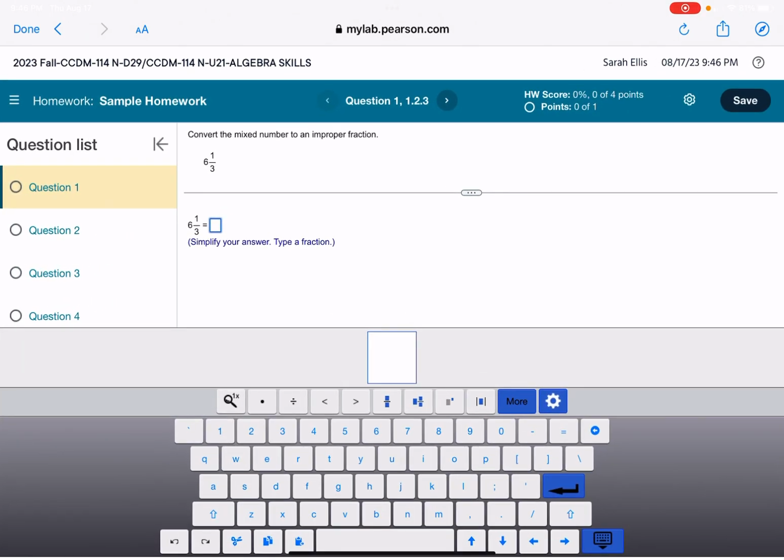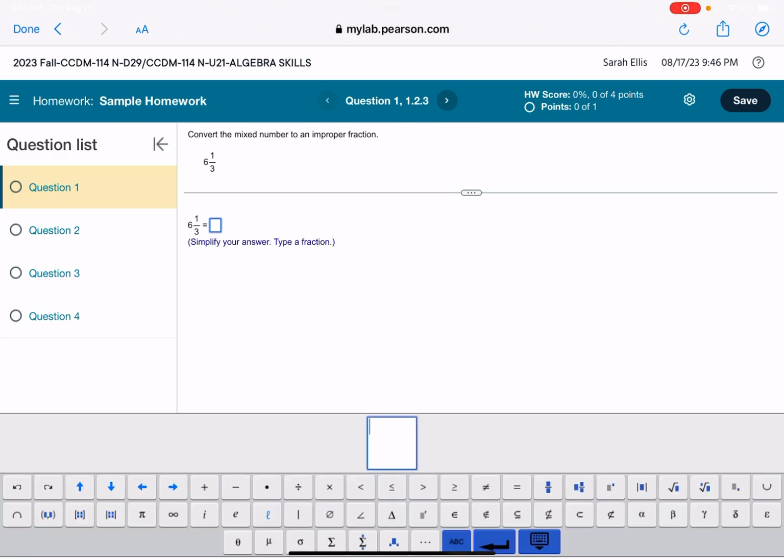And there's going to be a couple things that you see here. We have the dot for the times symbol. We also have the division. And the ones that I do want to point out are the fraction features, either fraction or mixed number, we have the exponent, and we also have absolute value. If you click on More, you're going to see all sorts of other symbols that you can use. For instance, you have the square root,